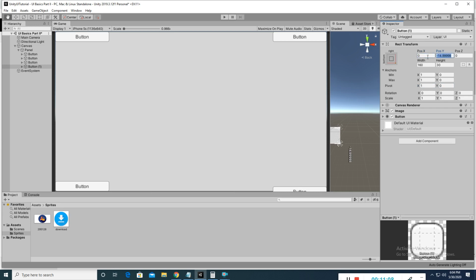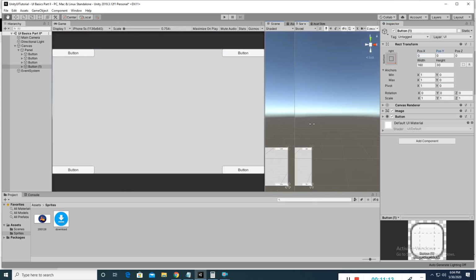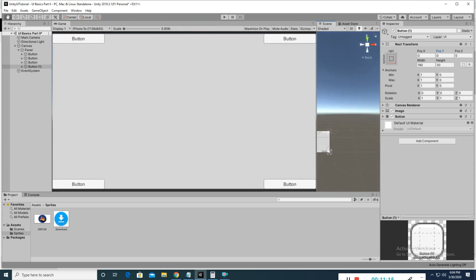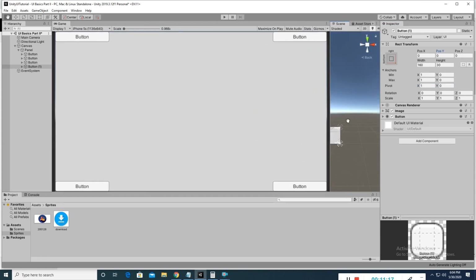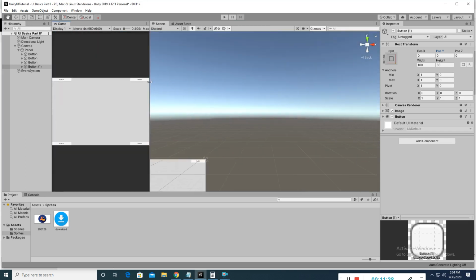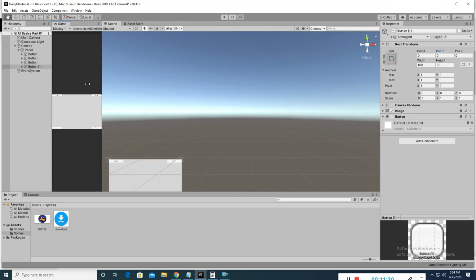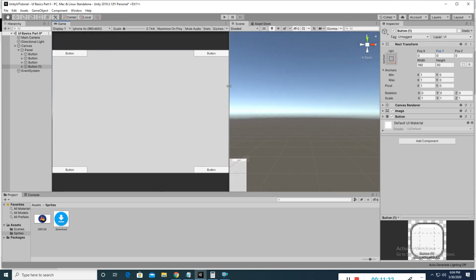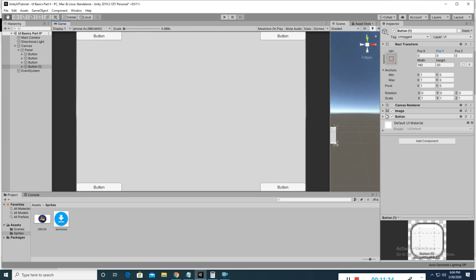Okay, so now all four buttons are created in the four corners. As per the requirement, you can set it. If the resolution is changed, there will be no issue, they will stay in the corners. It will not go outside the screen. Why? Because I set the anchor point and the pivot point like that.